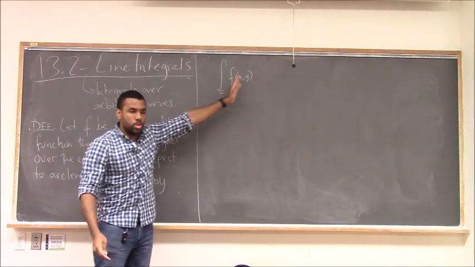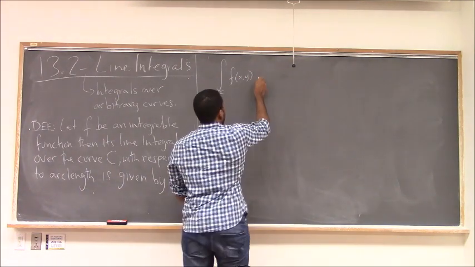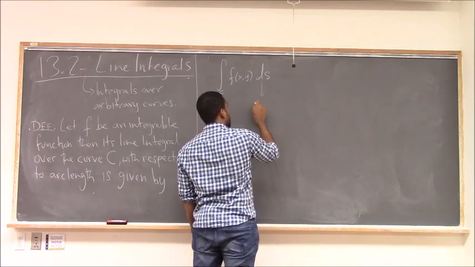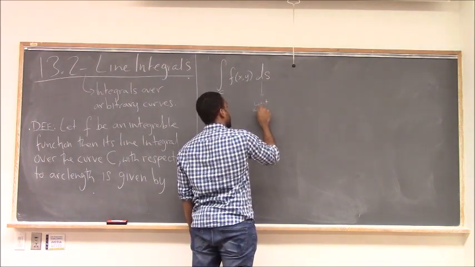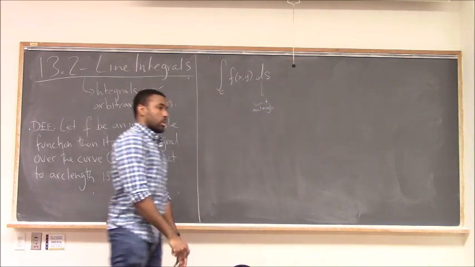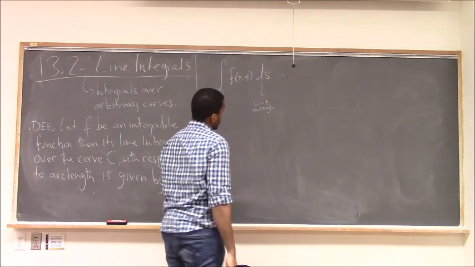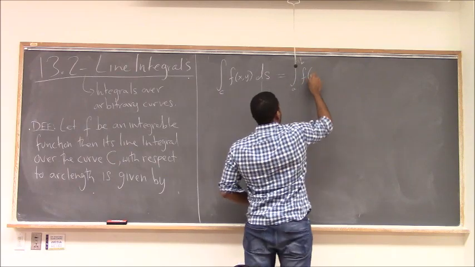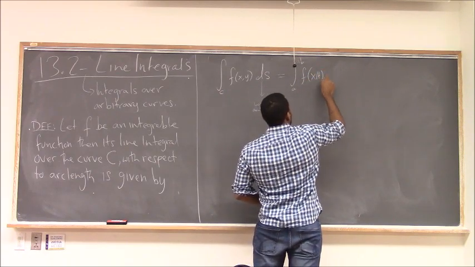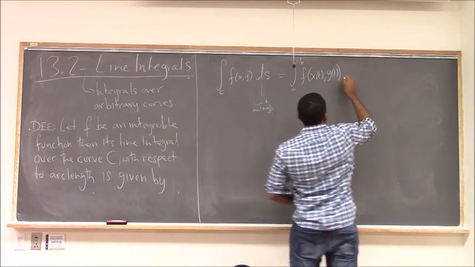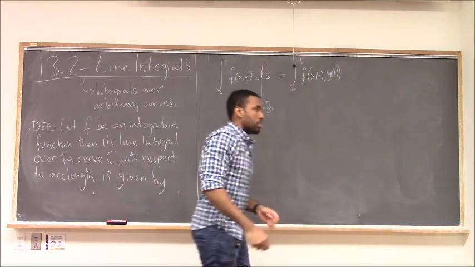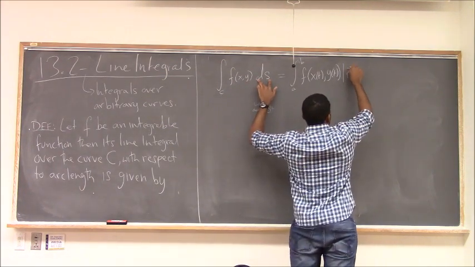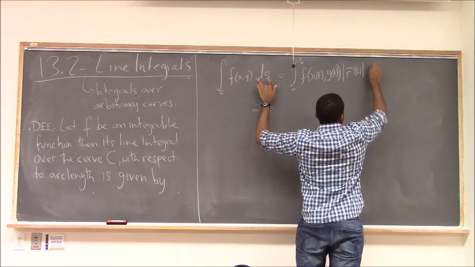Here I'm just using 2 variables, but it generalizes to 3 or more variables. But it's d little s. S stands for the arc length, right? That's what ds means. This means with respect to arc length. And here's how we compute that. It's the integral from a to b of f of x of t, comma y of t, times, I don't want to put a dot because that would mean something else, times arc length. We actually know what arc length is, the ds. It's the magnitude of r prime of t, dt,